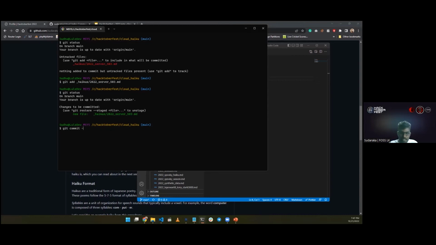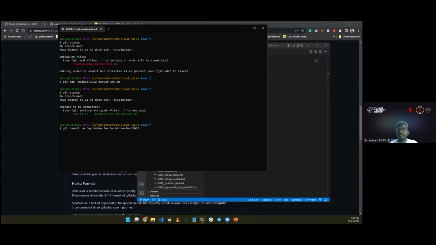So git commit -m, and I'm going to commit, let's say, Hacktoberfest 22.